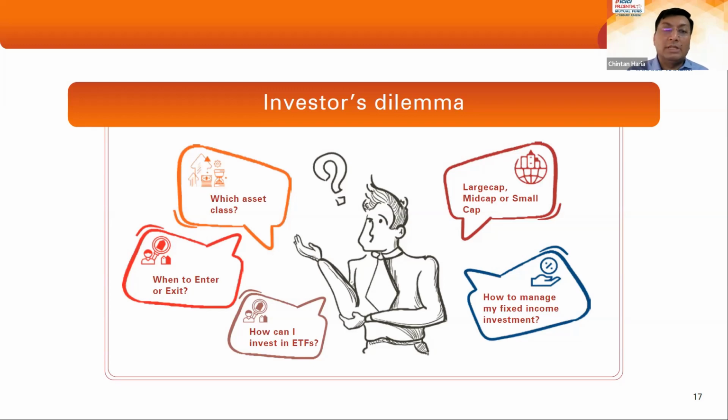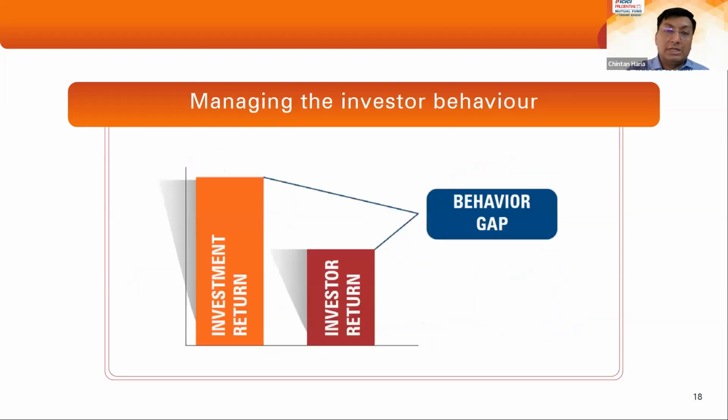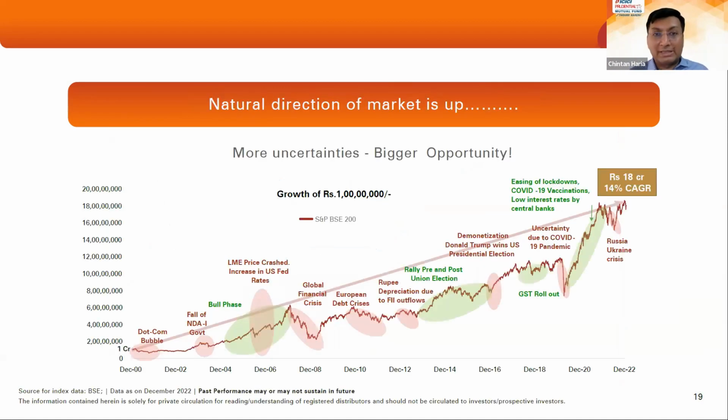And that's where, in general, it is said that in India, the markets in the last 20 years have made 20% return, CAGR every year, compounded. But investors have made only 12%. The sad part is because investors put money when markets are high, take out money when markets are low. This behavior gap is what leads to people losing money. And this is just a chart